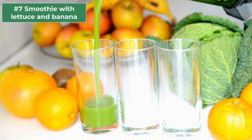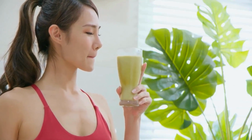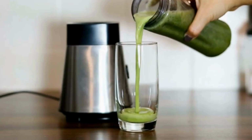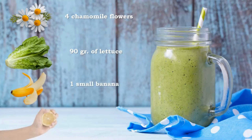Number 7. Smoothie with lettuce and banana. This delicious smoothie is an excellent choice to fight insomnia. It can control stress and anxiety levels, relaxing the whole body, and thus suppressing insomnia. To prepare it, you need 4 chamomile flowers, 90 grams of lettuce, 1 small banana, and the juice of half